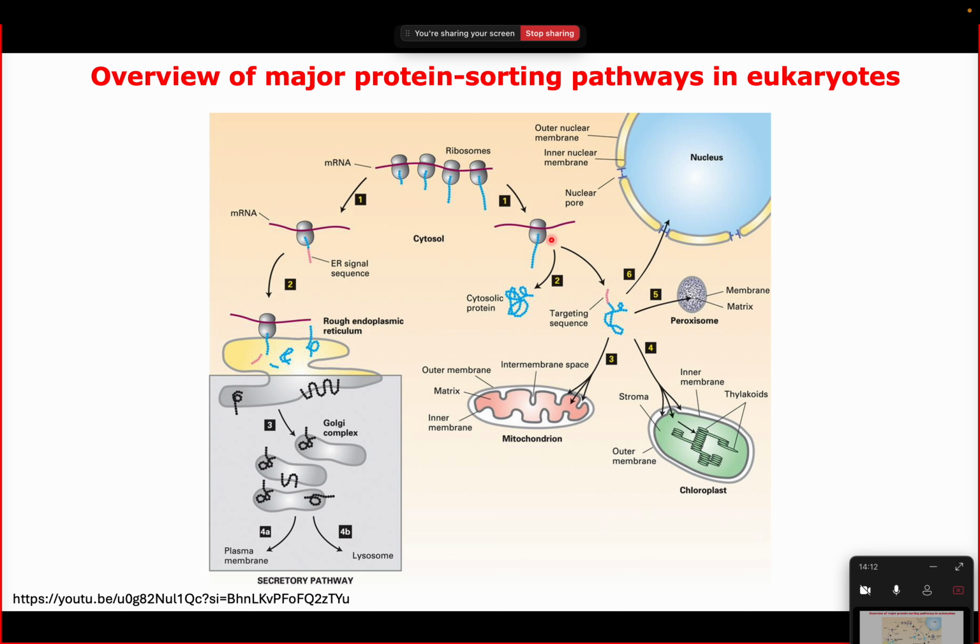See, you can see here. This was the one path, this is another path. So you can clearly see if it doesn't go towards the ER path, it will translate in the cytosol, the protein will fold into its functional state here itself, then further it will be directed towards wherever it is supposed to go. Okay,